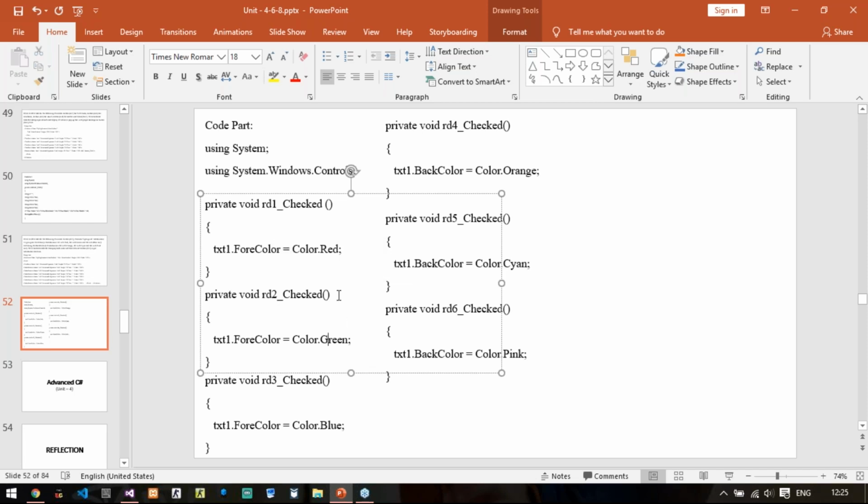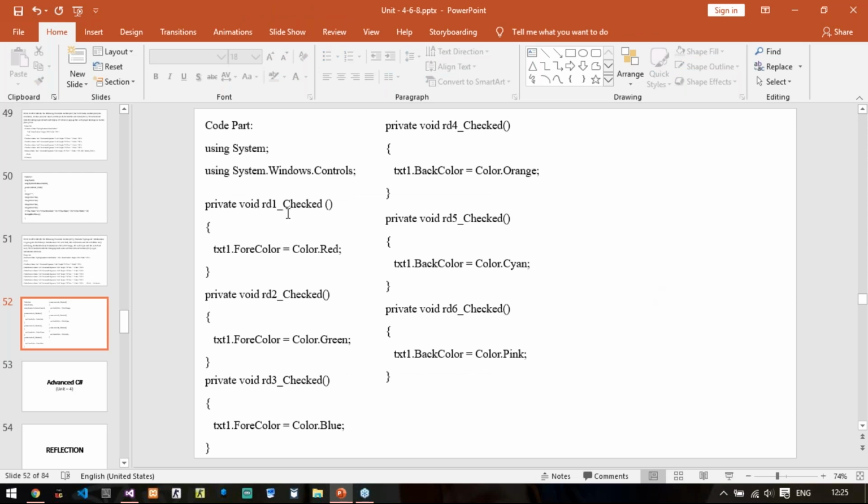So individual coding of each of these radio buttons has been made. So there is no need of grouping the radio buttons. That is why I have not created any groups. Clear? Clear with this, Ali?